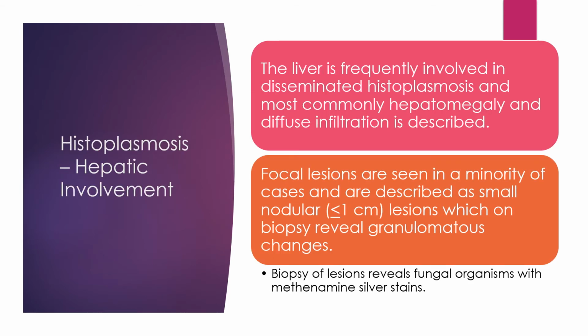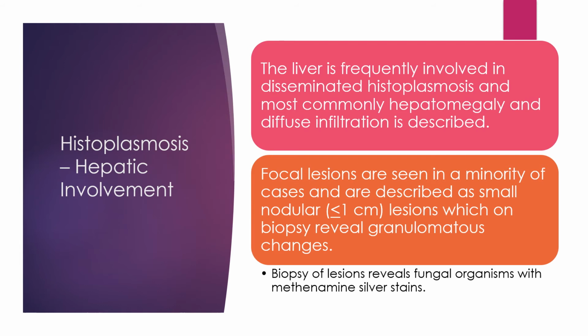So the liver, as I mentioned, is a commonly involved site, and most commonly hepatomegaly and diffuse infiltration is described. And focal lesions are seen in a minority of cases, and these lesions have been described as small nodular lesions, less than 1 centimeter, and on biopsy you can see granulomatous changes, and sometimes Histoplasma organisms can be seen with methenamine silver stains,